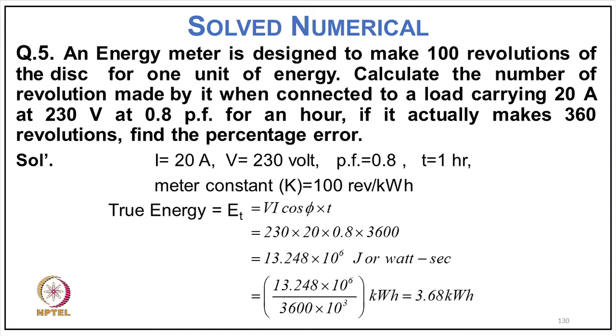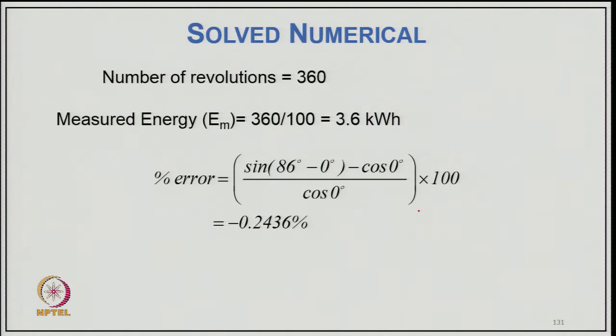So true energy is ET equals V I cos phi T, that is 230 into 20 into 0.8 into 3600, that is 13.248 into 10 power 6 joules or watt second, or you can say 13.248 into 10 power 6 divided by 3600 into 10 power 3 kilowatt hour, or 3.68 kilowatt hour. Now number of revolutions 360, so measured energy EM equals 360 by 100, that is 3.6 kilowatt hour, and percentage error is (EM minus ET) divided by ET into 100. So the error is minus